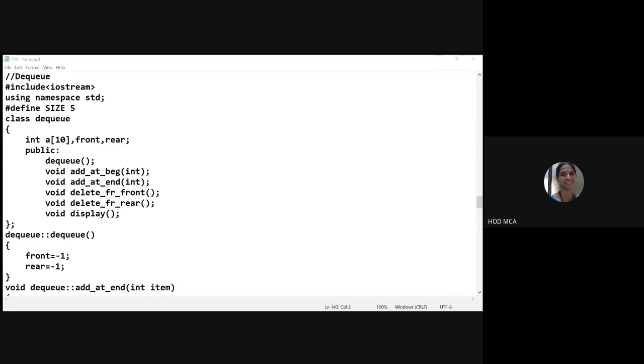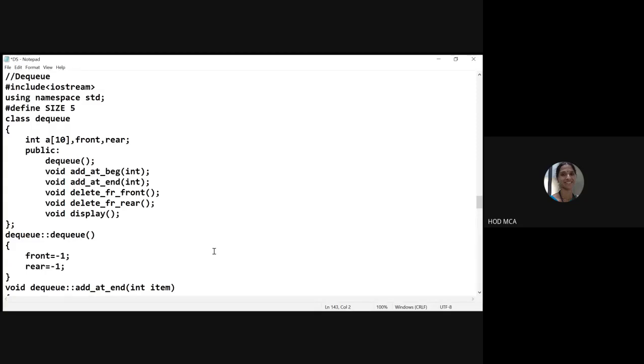What are the different variants of a double-ended queue? Anyone? What are the different types of a double-ended queue? There are two variants of a double-ended queue. One is called the input restricted double-ended queue.